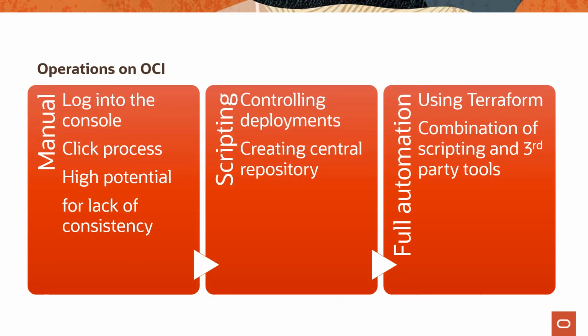When it comes to operations in the cloud, there truly are three primary functions that we might consider in terms of approaching this particular topic. First and foremost, the notion of manual operations. This is, we are logging into the OCI Management Console. We are clicking our way through the various management tasks that we need to perform, thus resulting in a very high potential for lack of consistency. Despite the fact that most organizations even have well-documented processes or runbooks, when the same person or even different people follow those processes, when they're performing that task by hand, there is a great chance for inconsistencies to be introduced